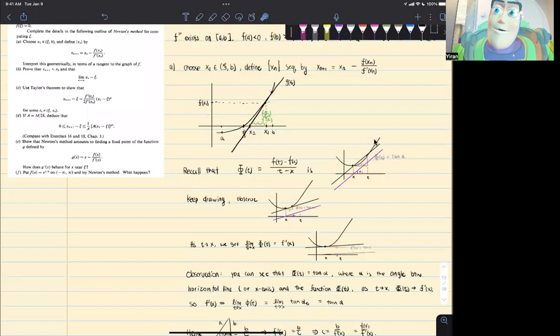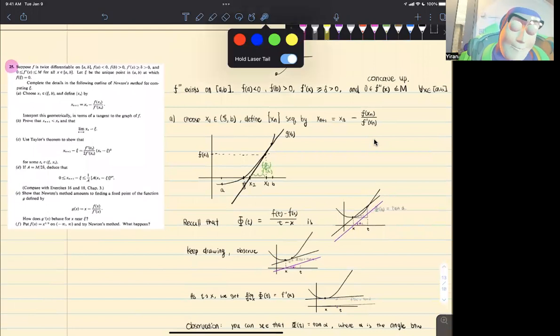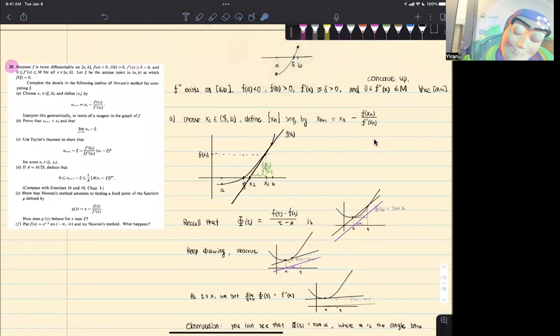Sorry, I just feel like my video are good, so I just go over the problem quickly to make sure everything's included in the video. So we're talking about part B. Part B, so we want to show xn plus 1 is smaller than xn, and so I think for this one,